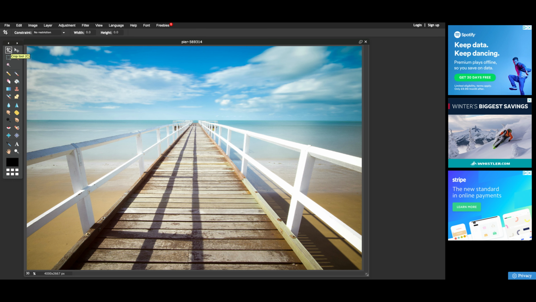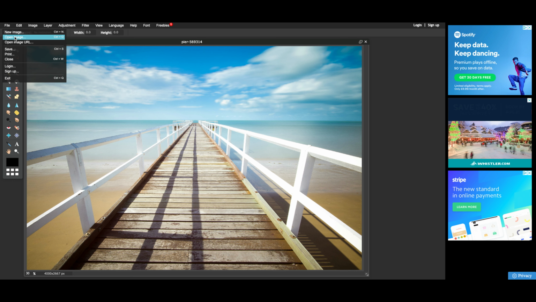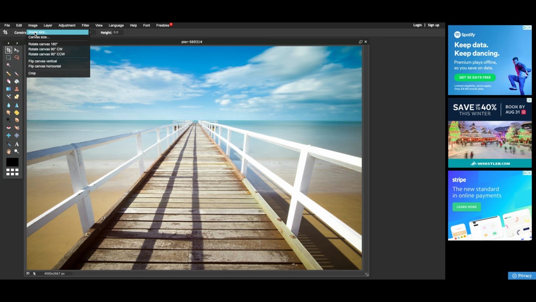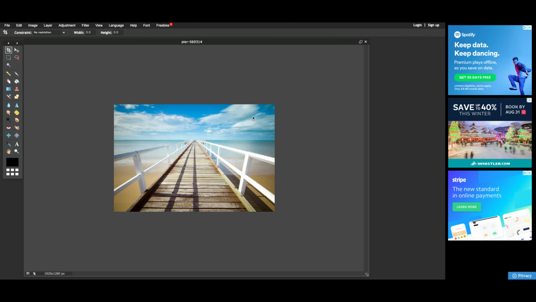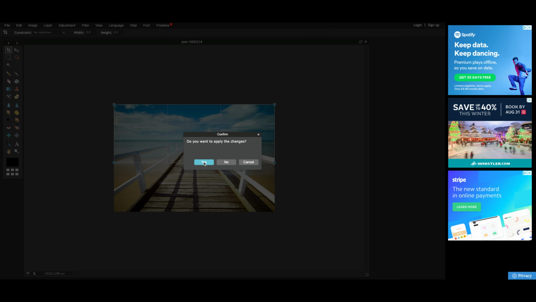So you click on File and Image and Image Size to resize here. So let's bring it down to 1920, and it will automatically constrain proportions unless you've unticked that. So let's bring it down to there. And cropping tool like this, you can just freehand crop that, and then you can just click File, Save, and